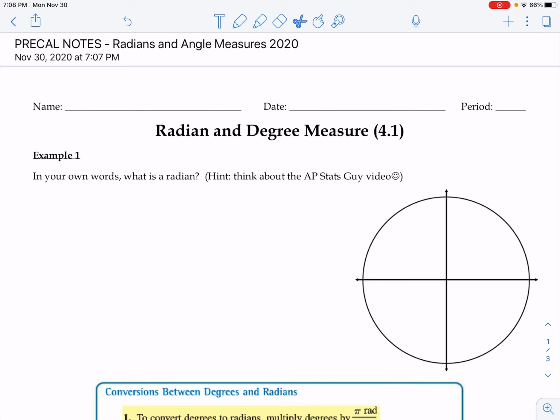Hello. Today's lesson is on radians. It's so exciting. This is where we get to talk trig a lot. Anyway, it says, in your own words, what is a radian? Well, a radian is an angle measure. The measure of an angle